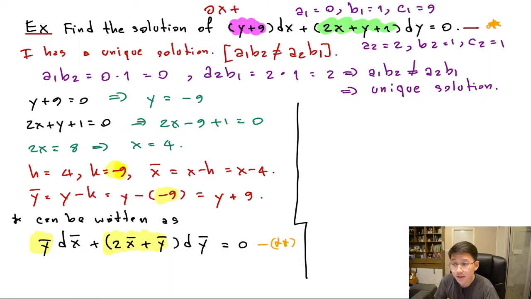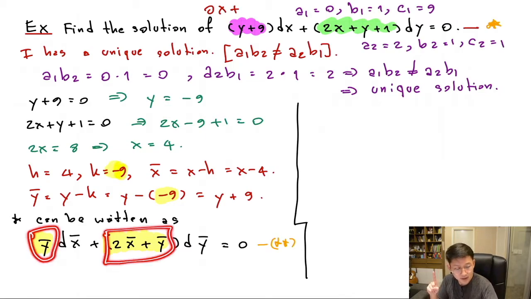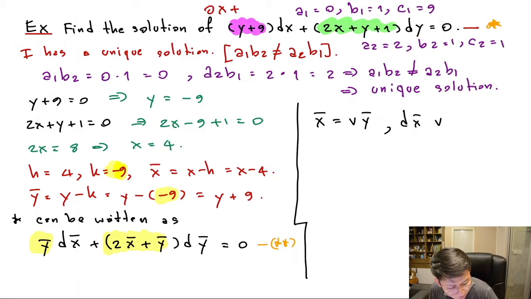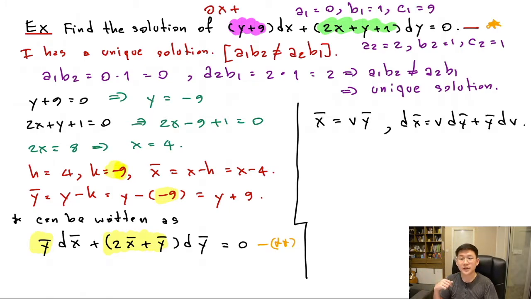But in our problem, the number of terms here, there's one term, right? And here there are two terms. So I'll let x, but in our case it's x bar, isn't it? We don't have x anymore, right? We have x bar. I let x bar be v y bar. Make sense? I let x bar be v y bar. Okay? Okay. So dx bar is v dy bar plus y bar dv, isn't it? Right? And then we substitute this back into